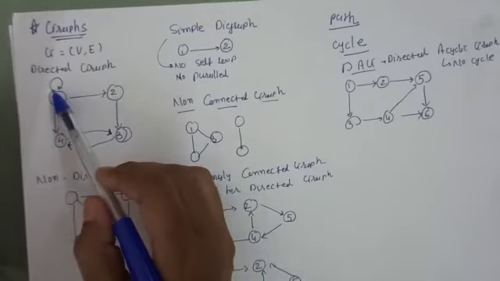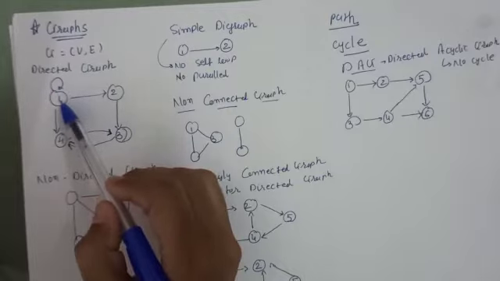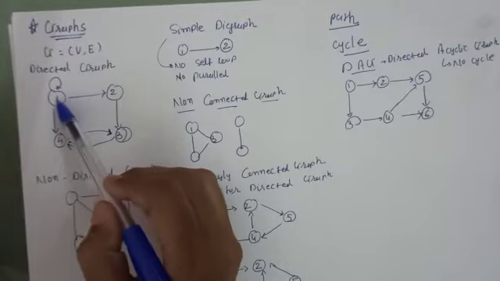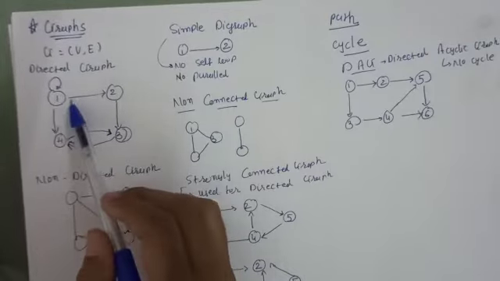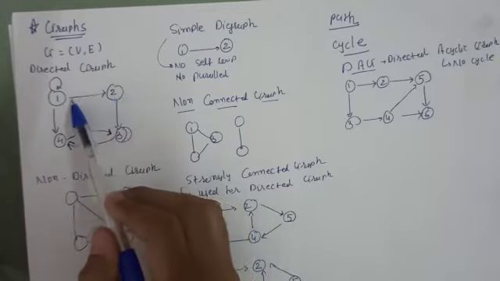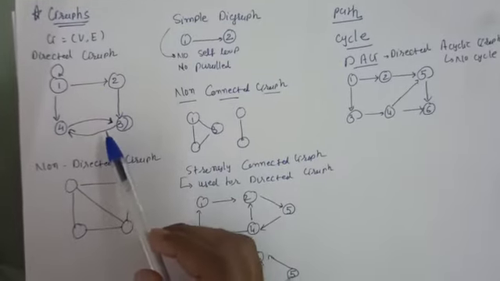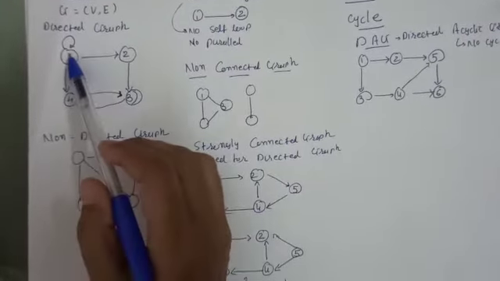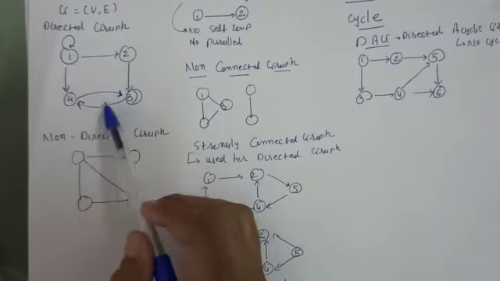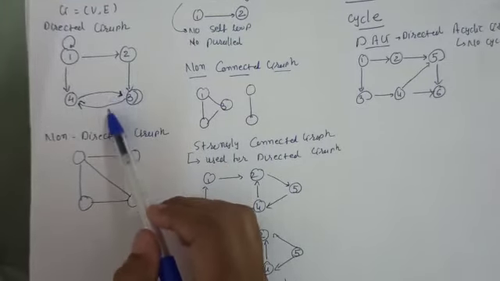This is an example of a directed graph. Here you can see this is called a self loop, where that vertex is connected to itself. Here, vertex 1 is connected to 2 using this edge. So this is called a self loop, and these are called parallel edges.